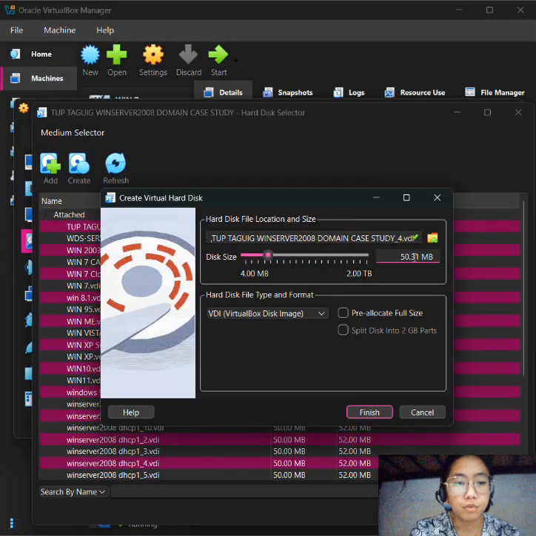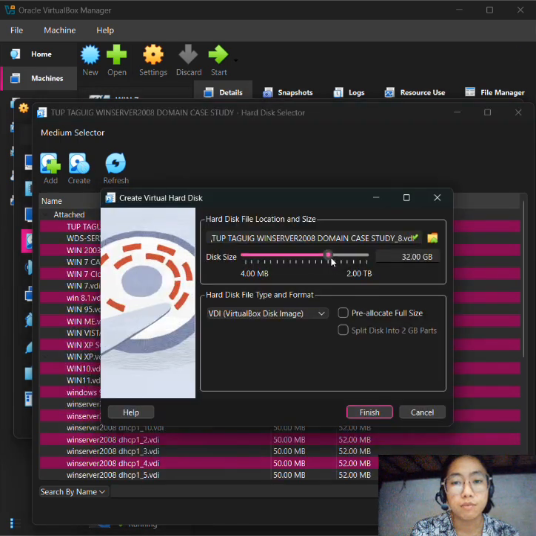So in this configuration, data is divided and written across multiple disks, and it improves performance, but it does not provide fault tolerance because if one disk fails, all data is lost.